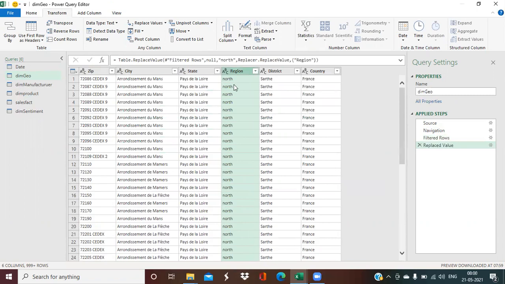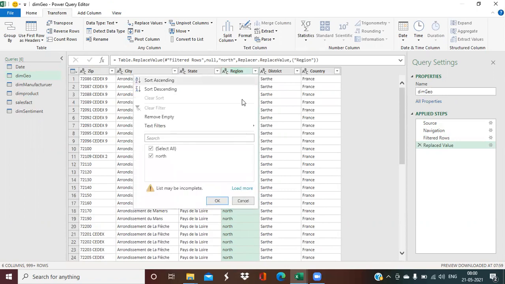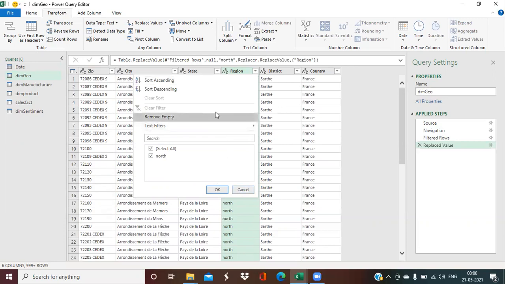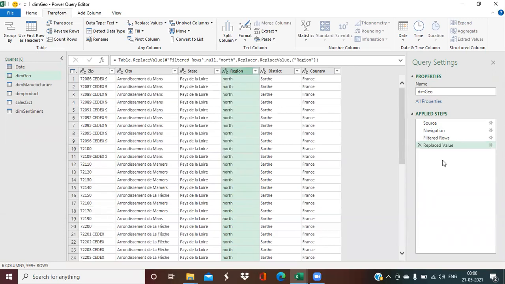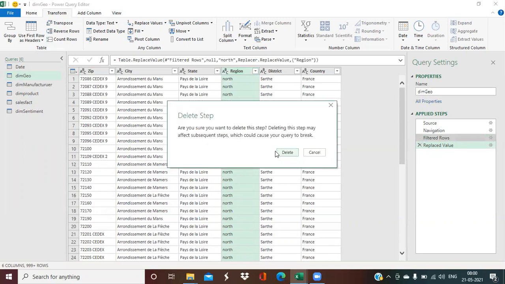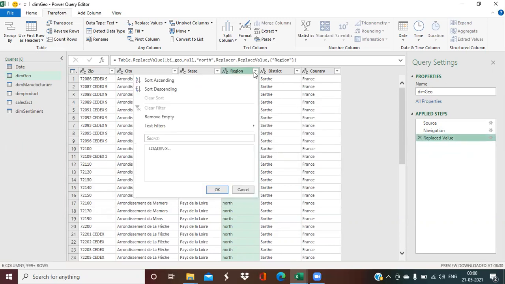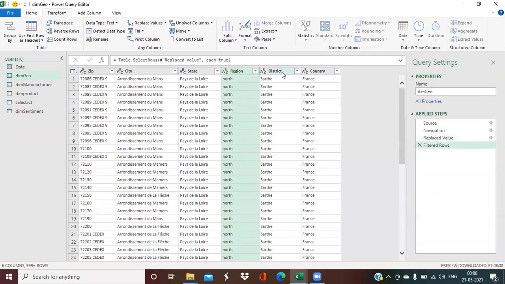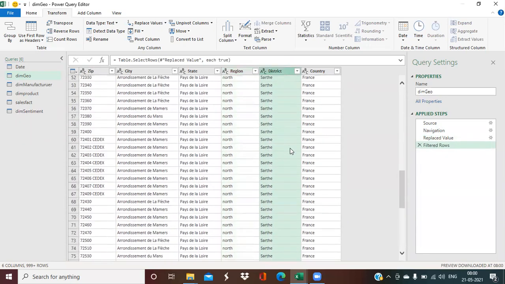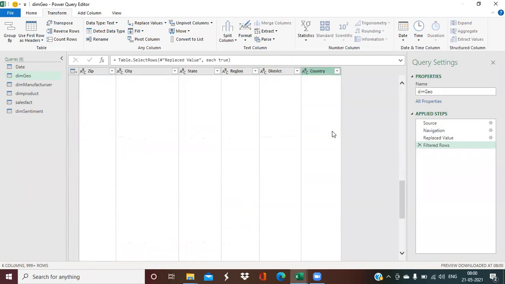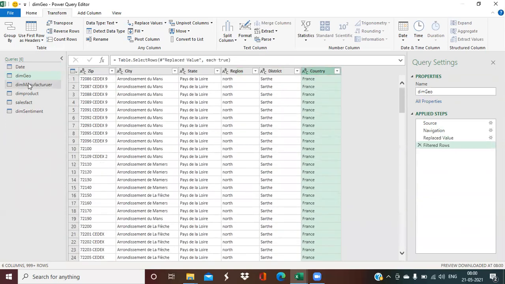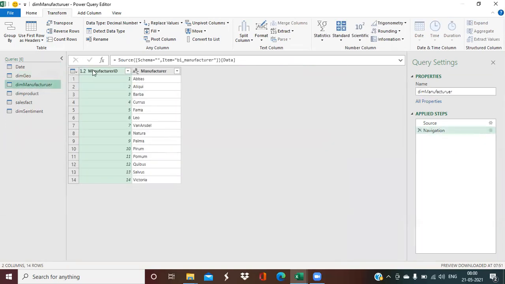I'll tell you later how you can add this based on a condition as well. But right now we have simply replaced all our null values. We had applied a filter, so if you need to, remove the filtered rows. Now you can see we have all the values. We load all the data. That's fine. Now we are in district, that looks okay to me, no problem. And the country name also looks okay. Let's move to the next table, manufacturer, where we have manufacturer ID.